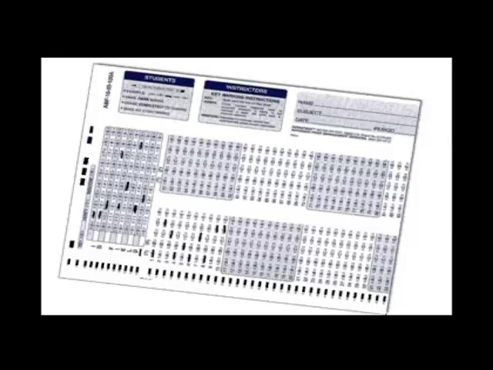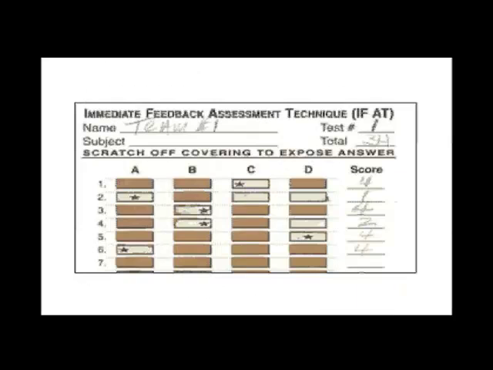This is a 20-question multiple choice test, and it's about half knowledge and recall level and about half simple application. Once the students have completed this test, they hand in their Scantron sheets, and they form into their teams, and they retake the very same test using these cards known as IF-AT. It stands for Immediate Feedback Assessment Technique. They're kind of scratch-and-win multiple-choice cards. So the students will look at a question, discuss it, and decide which area to scratch off. If they find the star underneath, they move on to the next question. If they don't, they go back to the question, talk about it some more, and then continue to scratch till they find the right answer.